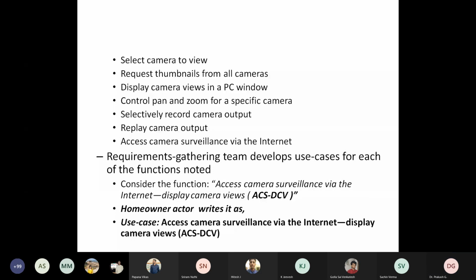So we provide all these things in the form of an analysis model, which is converted to design: architectural design, user interface design, all such designs. Then you move on to development. This is how you have to do the task.